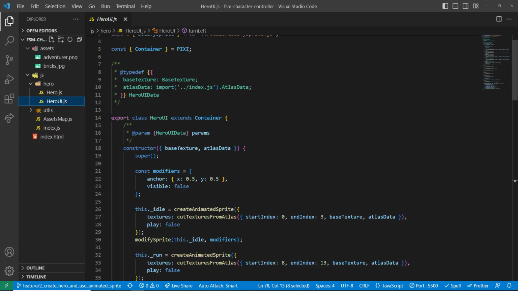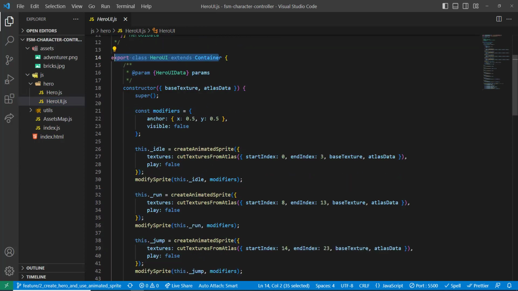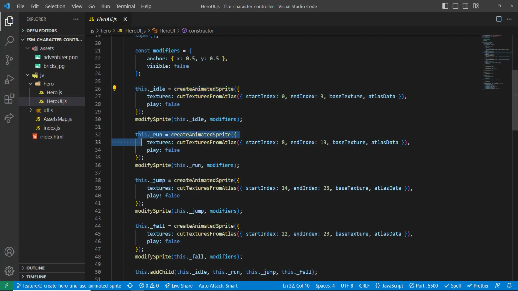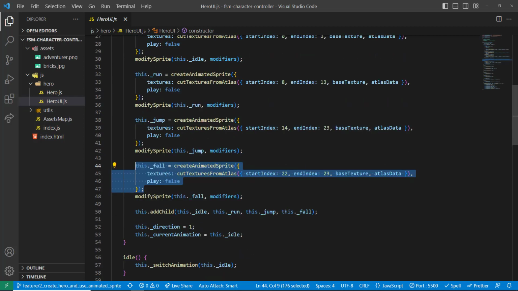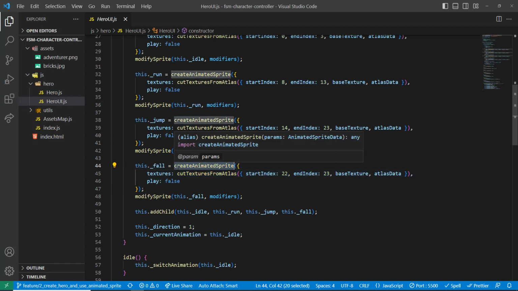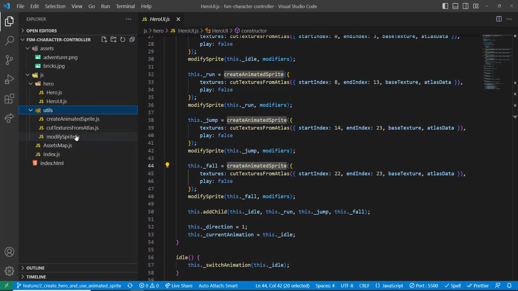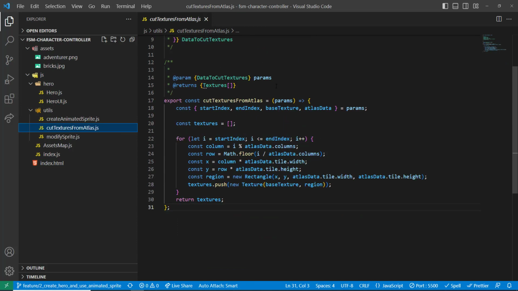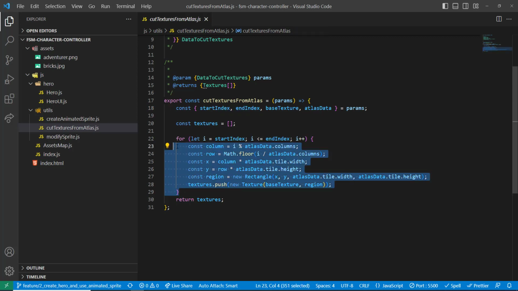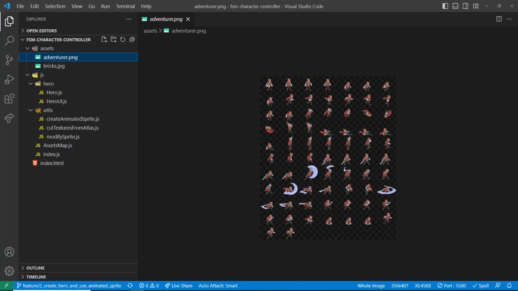And the UI itself is a bigger one. So now it extends the container, and I have idle, images, run, jump, fall, and other things. I also created utility functions to cut different images. So I have cut textures from atlas. I can provide the atlas data, base texture, indexes from start to end, and I do some math to create textures. So basically, if I say that I want to cut images from 0 to 5, which is 0, 1, 2, 3, 4, 5, it will cut this region into five